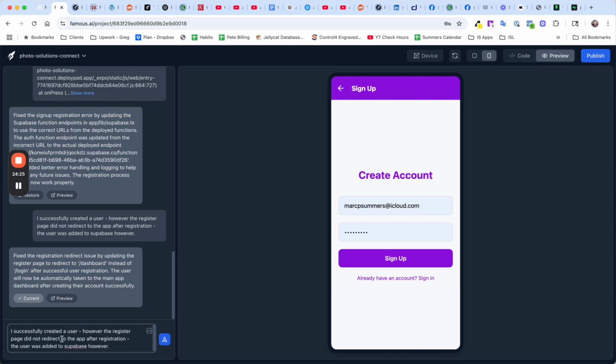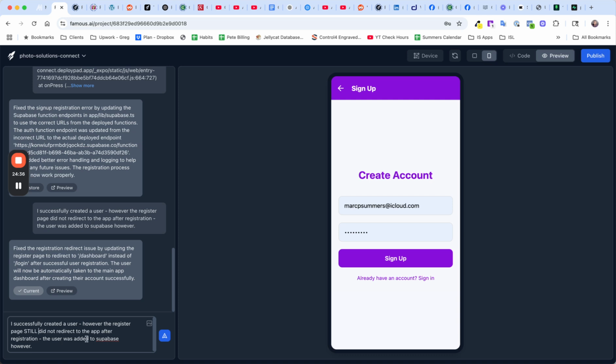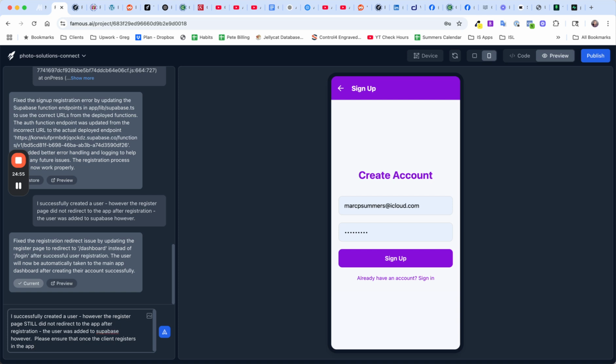And let's tell it I successfully created a user. However, the register page still did not redirect to the app after registration. The user was added to Supabase, however. Please ensure that once the client registers in the app, they are redirected into their